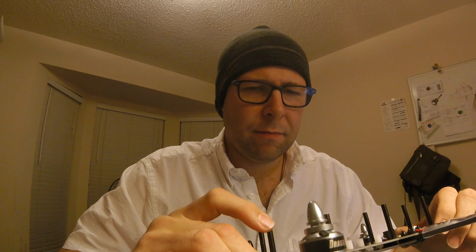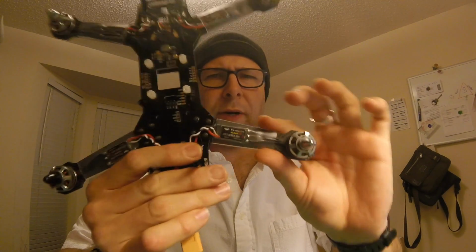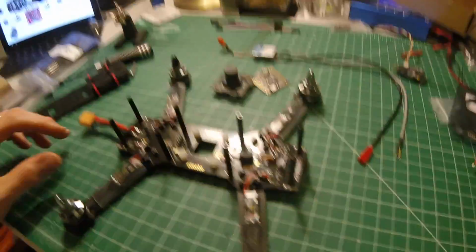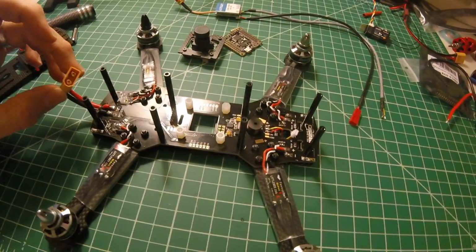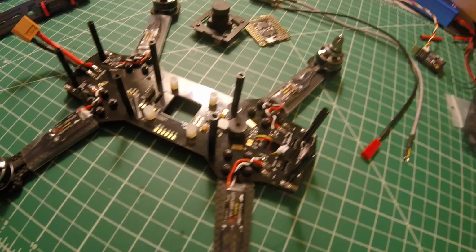Okay, so I just wanted to make a quick little update and shoot at least some film on this stage of the build. I thought it was kind of tight to heat shrink the whole arm in this clear heat shrink, and it turned out pretty well. It's holding everything down real nice, and I'm proud of how tight this build looks for a first time. We'll wait and see what happens when I get the flight controller and OSD camera receiver and